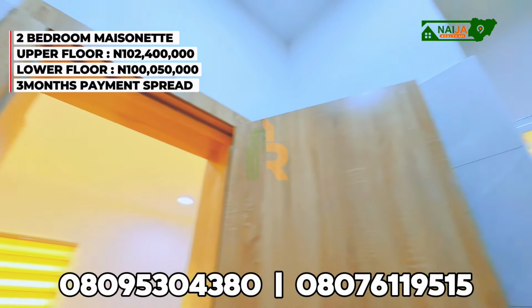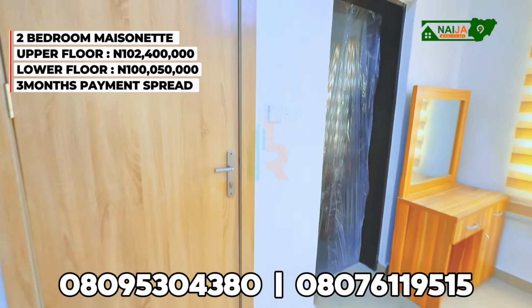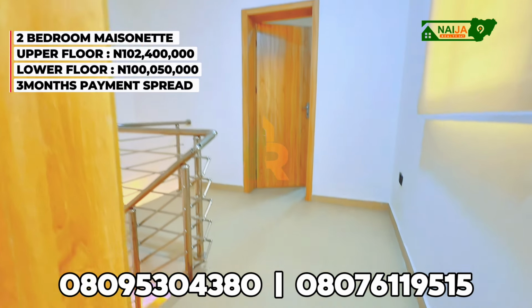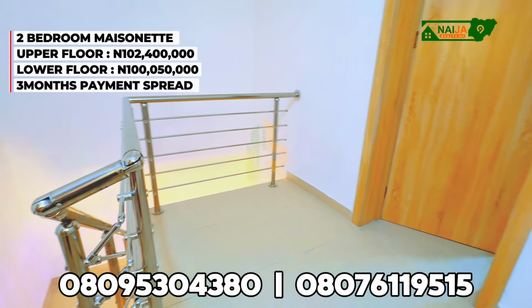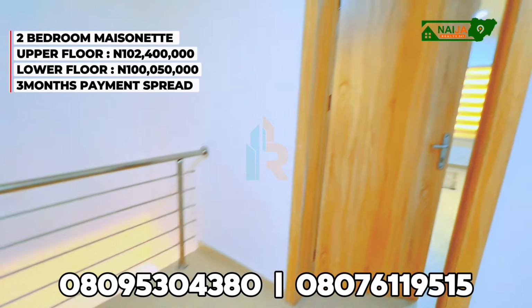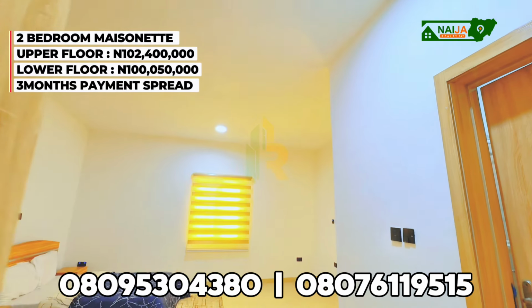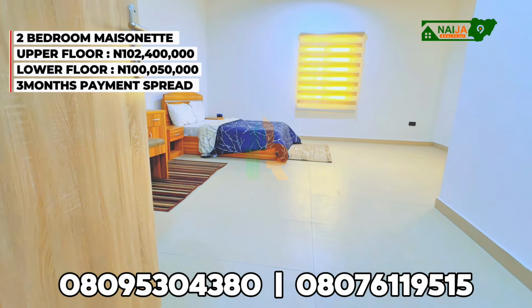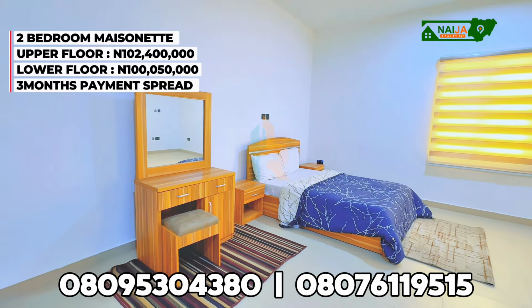Now let's go to room number 2, which is the master bedroom. Now back here, remember, and then of course, like I said earlier, you can have a coffee table here for a mini sit out. It's up to you. And then room number 2, this is it. Now this is the master bedroom, which is extremely big, truly big. If you're a lover of space, you will love